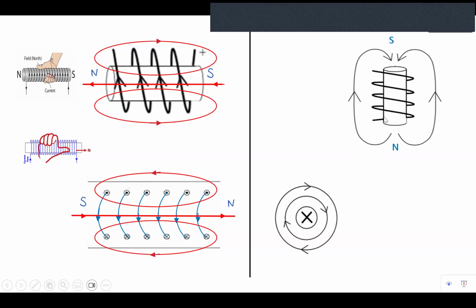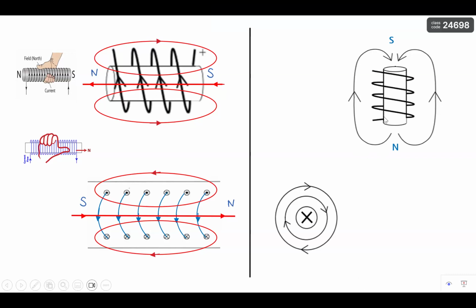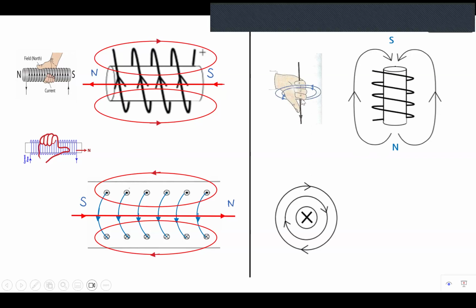Then I'm going to use my right-hand grip rule to determine the direction of my current. So I will point my thumb downwards like a bullseye, and then I must be able to see my fingernails. I will see that my fingernails are actually going to the left. So my current looks like this. My current is actually going to the left in the front of the solenoid. And next one, in order to form this clockwise direction, my current must be going into the paper. So I see the arrow tail.